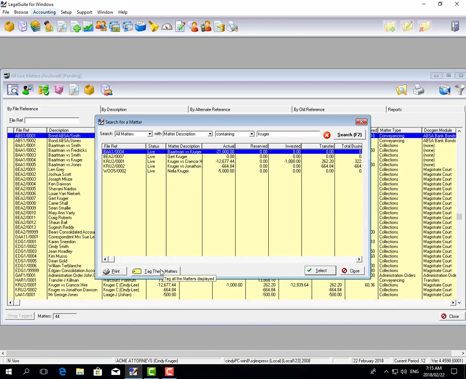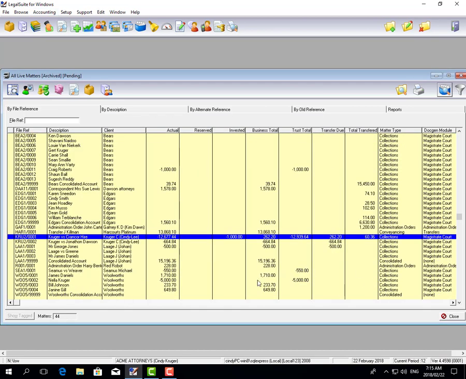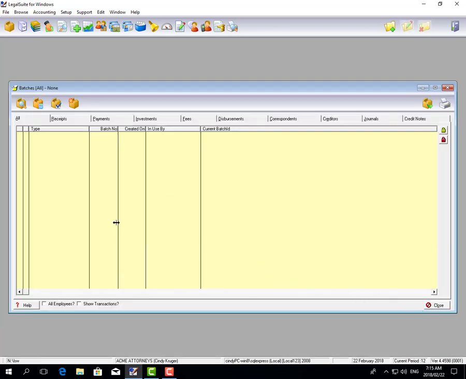You can then tag these matters, so on the matter screen the matters will be tagged, or you can highlight the one that you want to go to and go select, and the system will automatically take you to that matter. The next option in accounting, and the final one I'm going to go through today, is searching by an